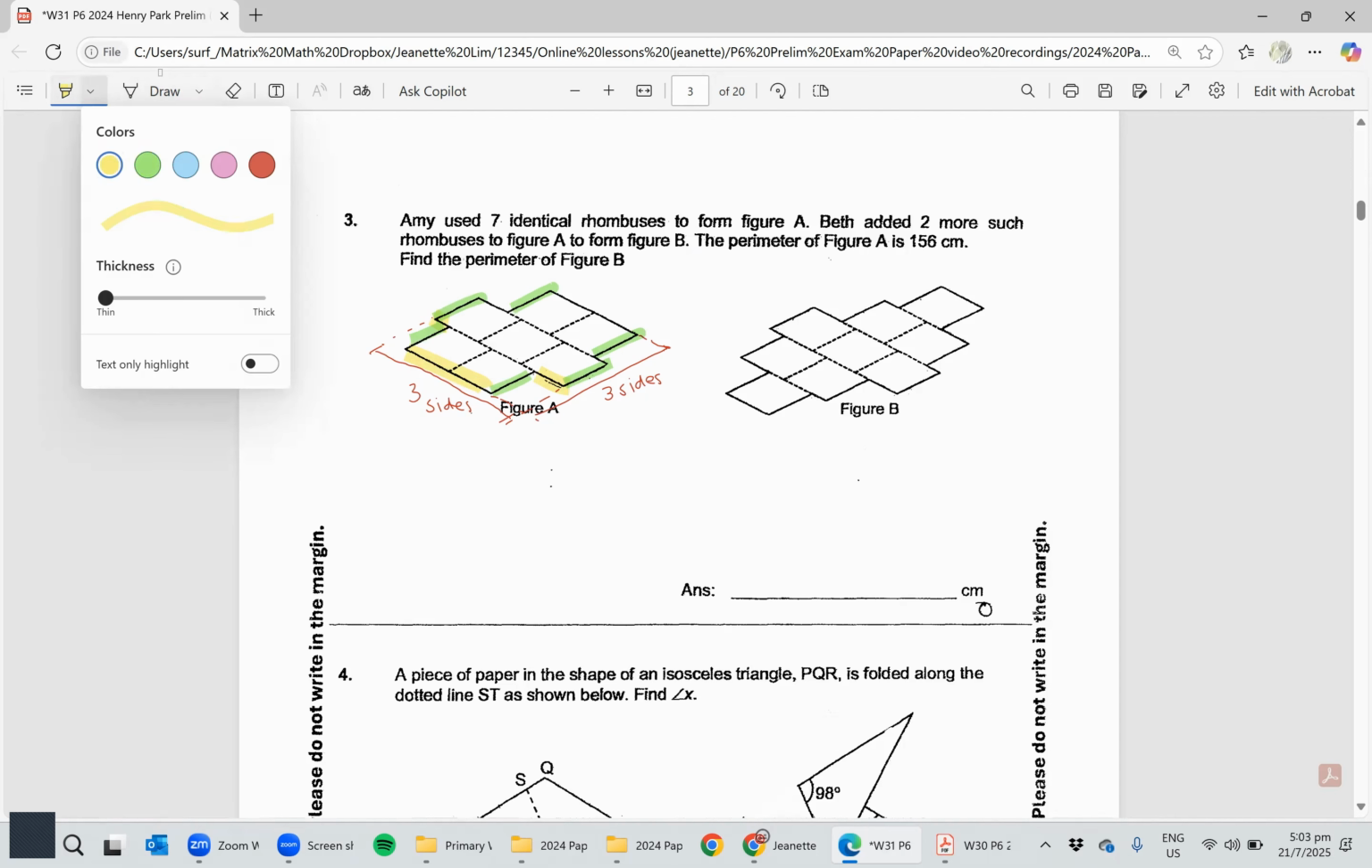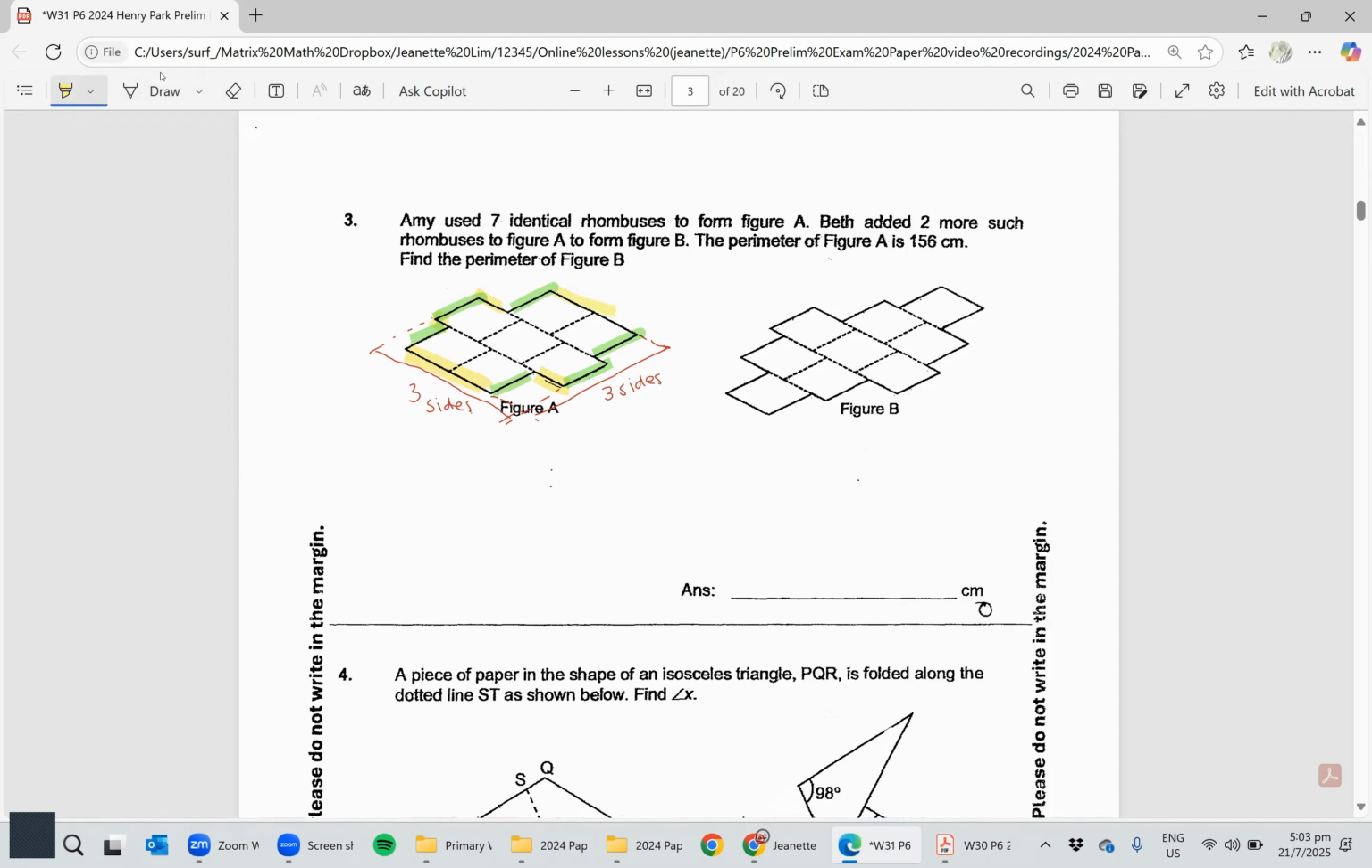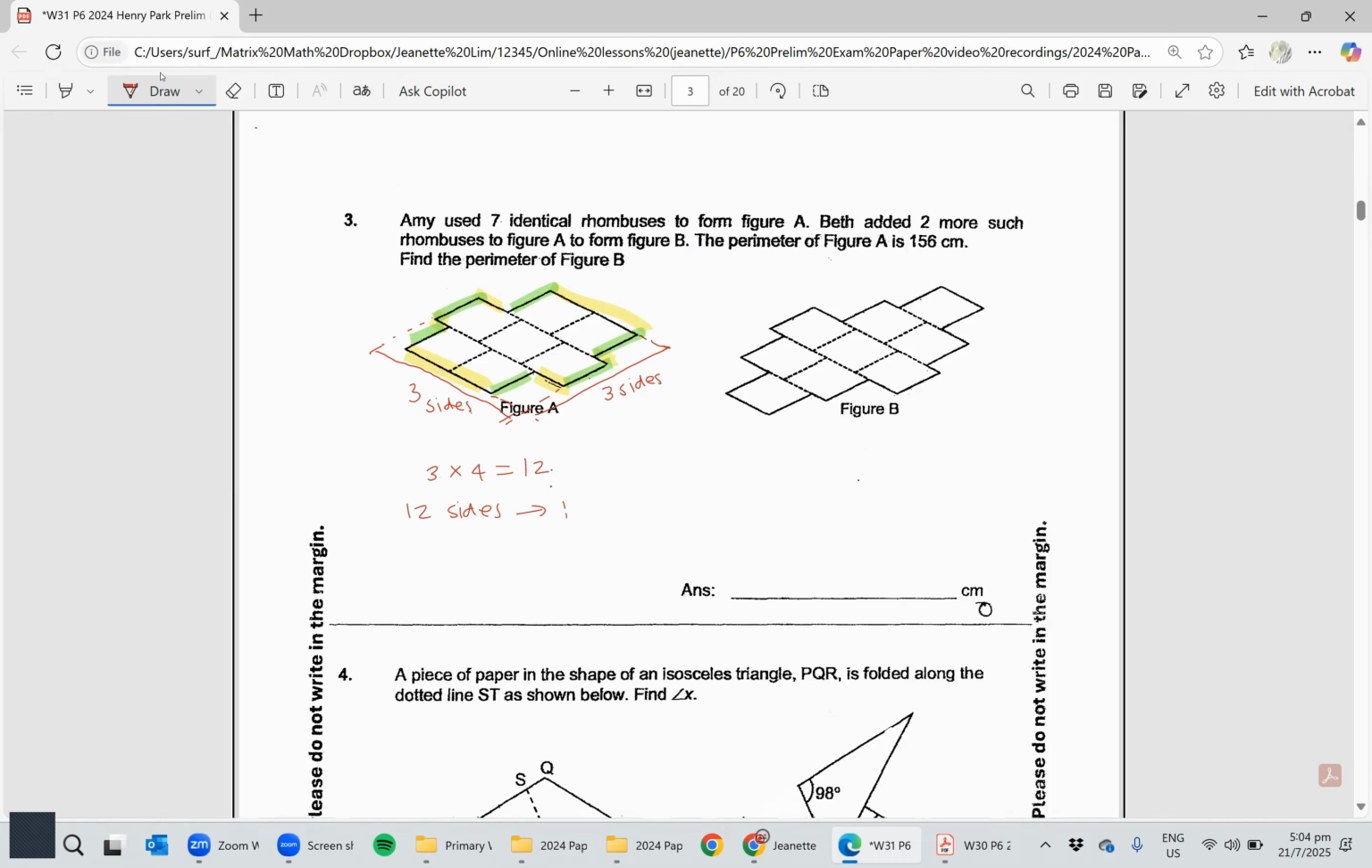Then on the other side is this, and this, and this. Okay, so total 4 times 3 sides. Okay, so 3 times 4, which is 12 sides. So 12 sides gives us 156, which means that one side of the rhombus would be 156 divided by 12, which is 13. Now let's look at figure B. Figure B,